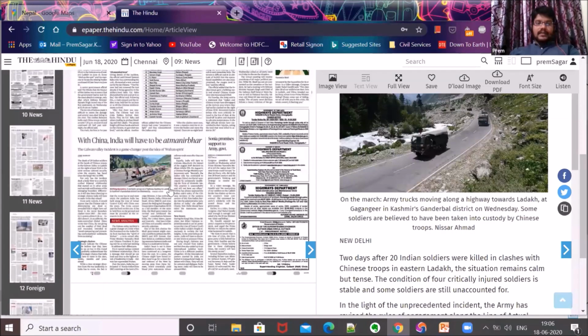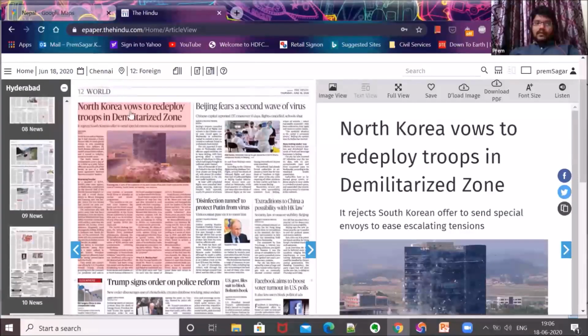Yes, again, here there is an important news. If you remember, we have discussed something about North Korea and South Korea, part of the Cold War, like how they are enemies. So right now, again, there is a conflict going on. Apart from how India and China are there, there is another conflict in the world, that is North Korea and South Korea. So try to read this and know more about it.